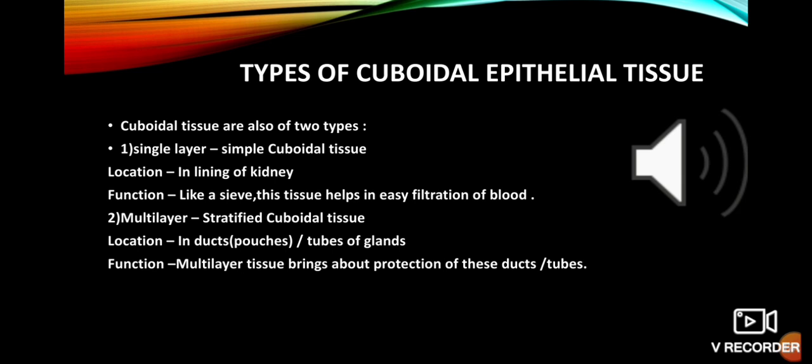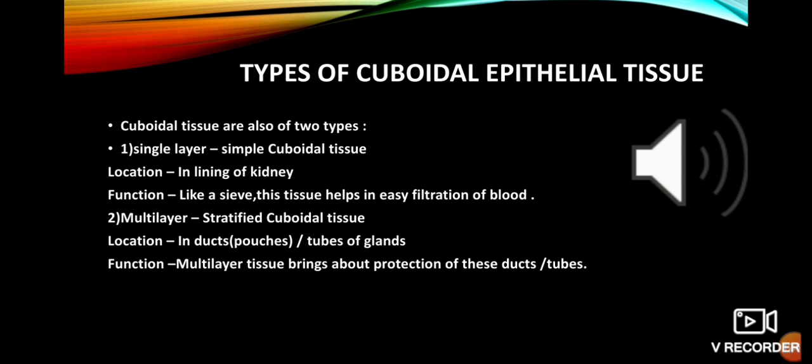Now the next type of cuboidal epithelium is the multilayer, and multilayer means stratified. So stratified cuboidal epithelial tissue or stratified cuboidal epithelium. These are mainly present in the ducts or pouches of the gland. Now what does this mean? In your body, various kinds of pouches or ducts are present in the various location, maybe under the skin, and these pouches they